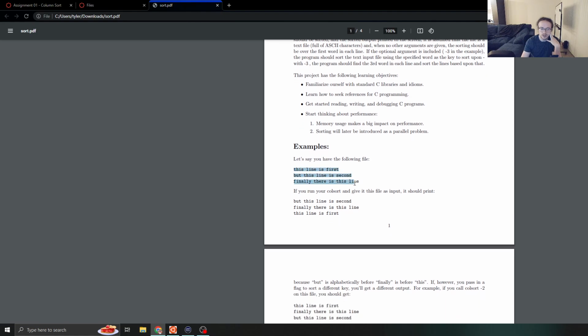So if we have a text file and these are the lines in the text file, it has 3 lines. You should sort it and it should print out the lines in this order. The second line becomes the first line, the last line becomes the second line, the first line becomes the last line. Because we're sorting on the first word, and in this case, the first letter, because all of these words have different first letters. So, B starts with B, it's the first one, finally starts with F. This starts with T, so BFT is the correct